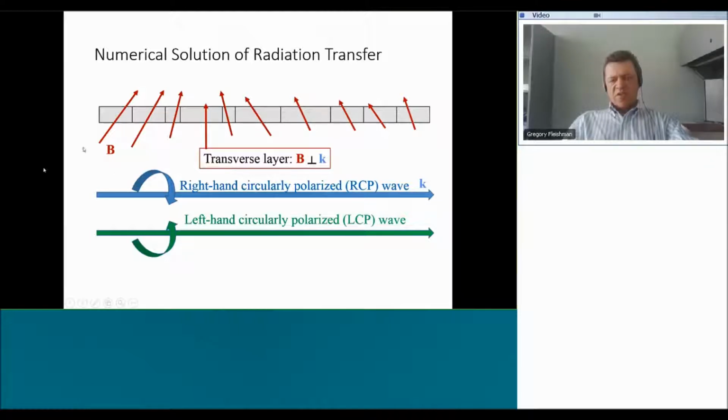In most cases, you could consider RCP and LCP wave propagation independently from voxel to voxel. This means that what happens in this voxel with RCP emission will only depend on what happened with the RCP wave here and what the properties of these two voxels are. And this happens all the way until the radiation meets a voxel, if present, where the magnetic field is transferred to the propagation of the